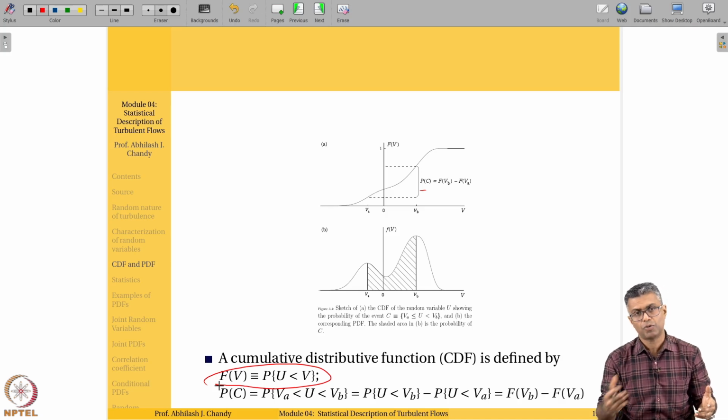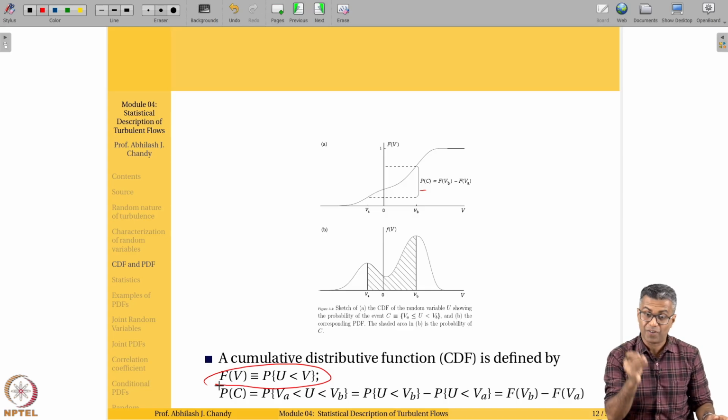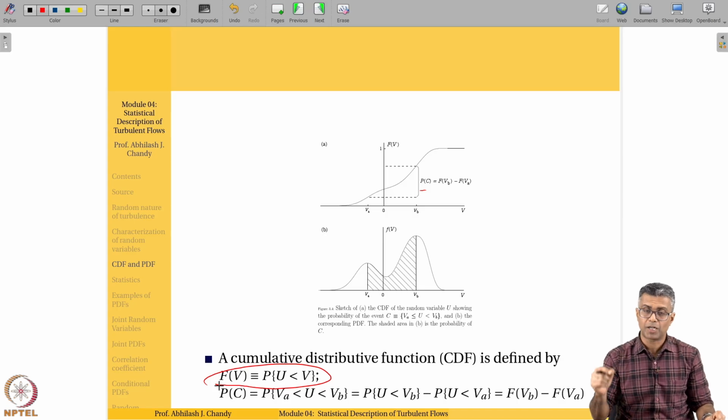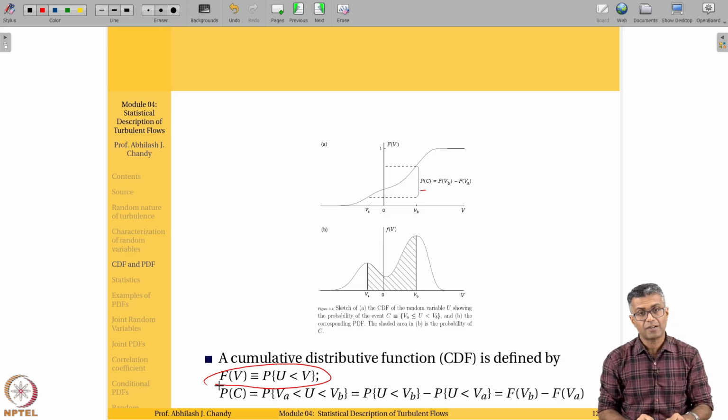P is your probability, how you represent probability. U is your velocity value, or variable value in this case, because we have not gotten to velocity yet, but we are getting there, isn't it? All of this is a preview to how we would describe velocity. So we might as well call u your velocity. However, we are only considering a single component. We will move to multiple components later. Let's try to understand the concept first. And v is your sample space.